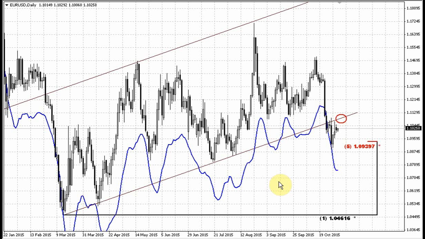In other words, euro should show not only the breakout out from this area, but it also should not return back inside of this area. So if market returns back inside of the flag, especially if it moves above the 1130 area, that could